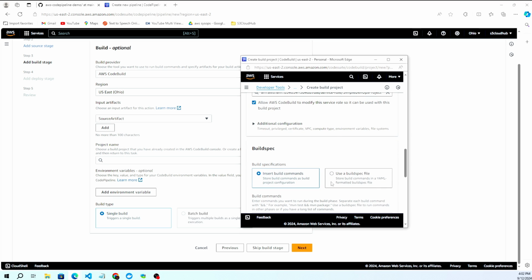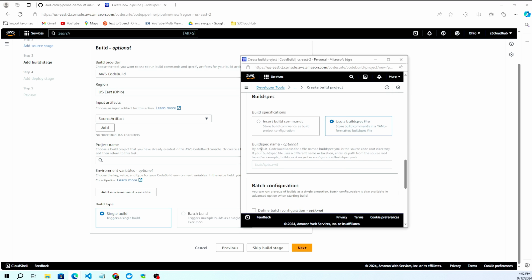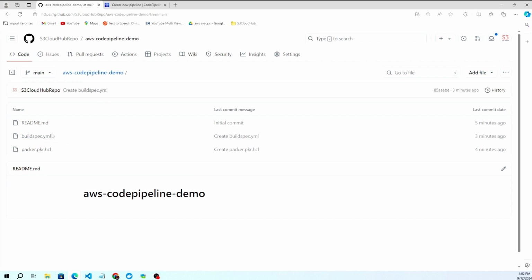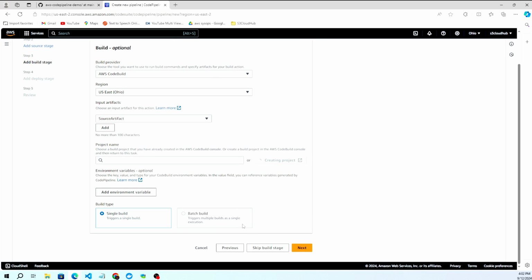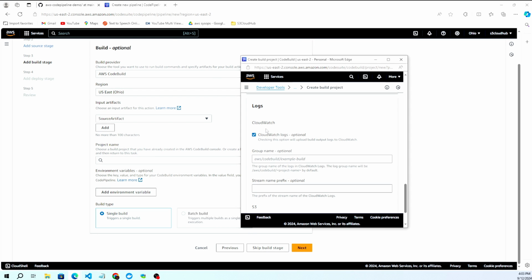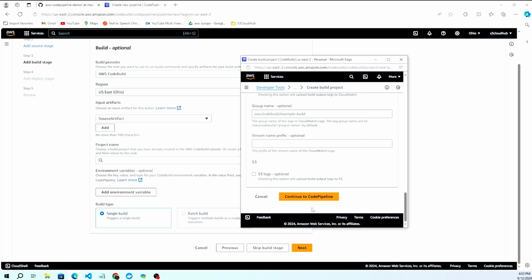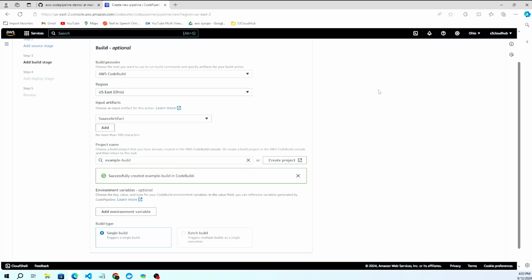Okay, now we will go with the buildspec file. So I'm just selecting it here. The buildspec basically takes the default path we have given here, buildspec.yaml. The same path it will take from the root. By default we're going with the logs, and I'm just clicking continue to pipeline. Okay, now you can see your new CodePipeline CodeBuild project has been selected automatically. You can see that message here also.